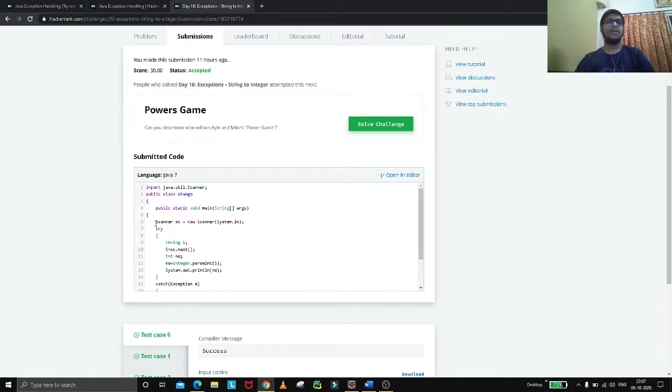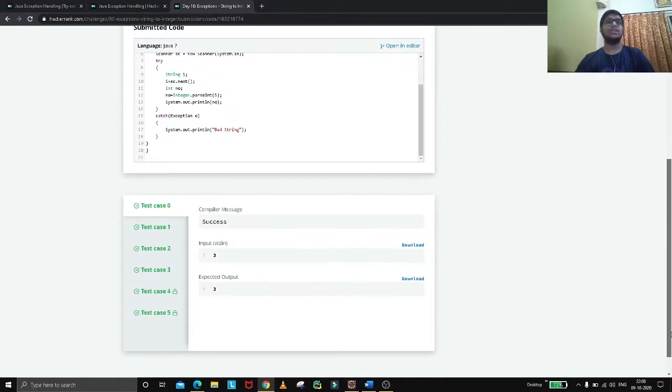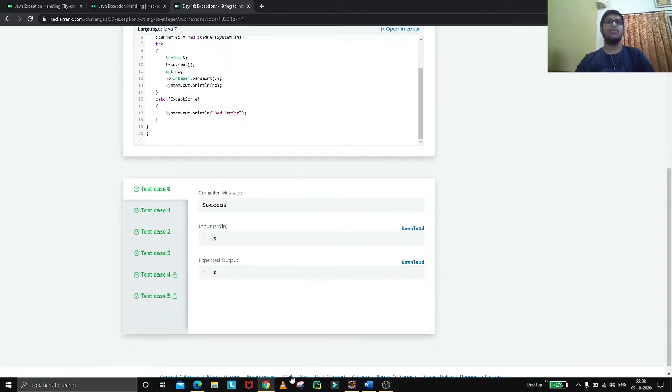I have done this code, and I am using a scanner class with a string s, which is taken from the user, and I am creating a variable no, which is Integer.parseInt of s. Basically the user gives the string s and that string is converted to an integer. Now you just print that variable no, and give a catch block with System.out.println bad string if the string is bad, like the length is greater than 6 or more. So the code is right. All the test cases of the 3 HackerRank questions are correct.